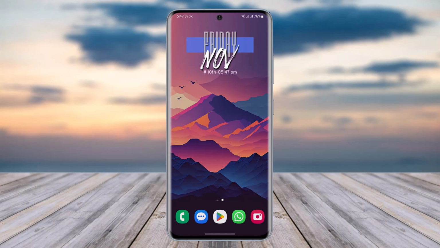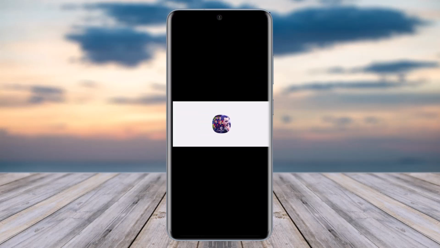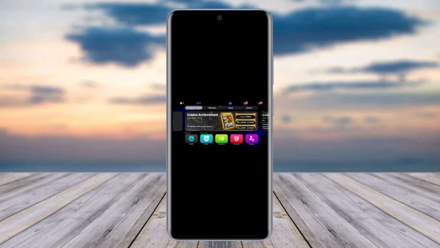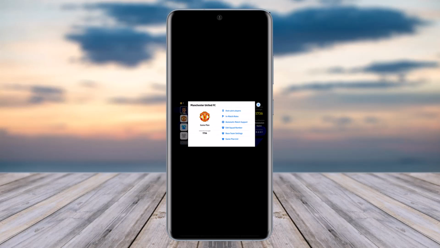For the matter, what you're gonna do, simply go ahead and first access your eFootball on your mobile phone. Once you have done so, this kind of interface is going to come up once it's done being loaded. Once the loading is done, you're going to tap on this game plan option given right there in the green box, and now tap on your team's logo over here below the manager's icon, and now tap on this option called base team settings,